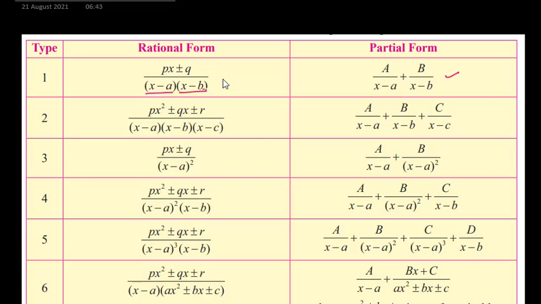Okay, third problem. Here the denominator is a linear factor like x minus a into x minus a, but that x minus a is repeating 2 times, so you write x minus a the whole square. The degree of the numerator is 1 and the degree of the denominator is 2, so you can use partial fractions. Now here I will not write A upon x minus a plus B upon x minus a, it will be A upon x minus a plus B upon x minus a the whole square. So this third type is altogether different from the first two types. Here with one constant I will write x minus a in the denominator, and with the other I will write x minus a the whole square.